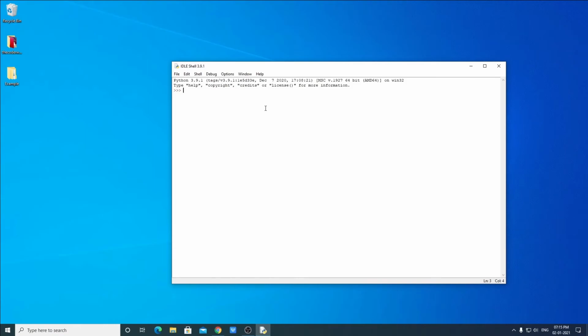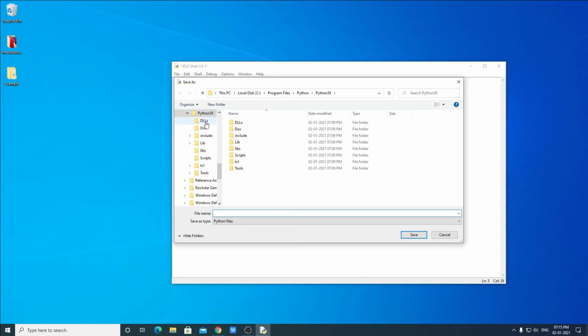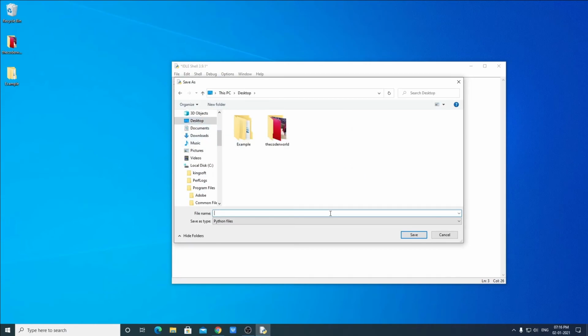Here also you can do your Python programming. Let us print hello world using Python. In the Python IDLE shell, first of all you have to save the file. For that, simply click on file, then click on save and select your location. Let me save it on desktop and here just provide your file name,